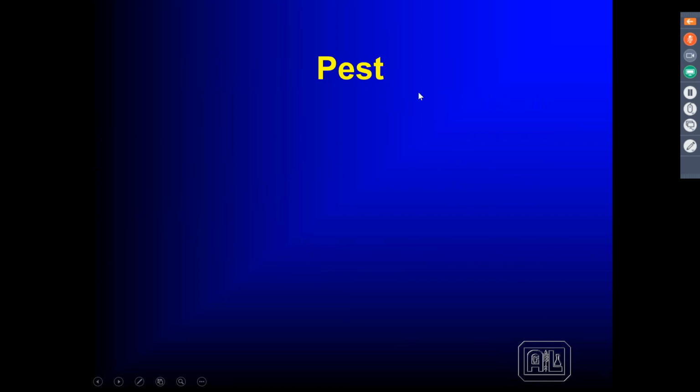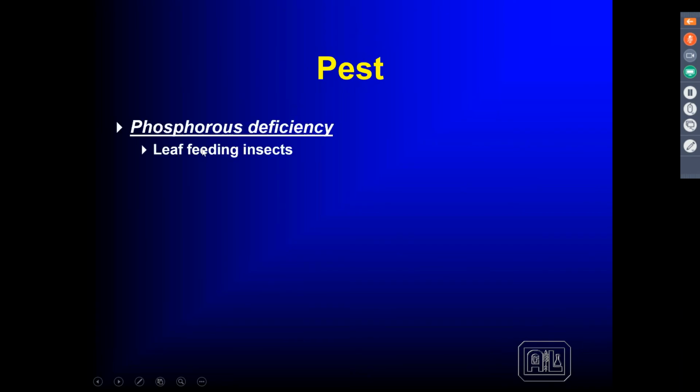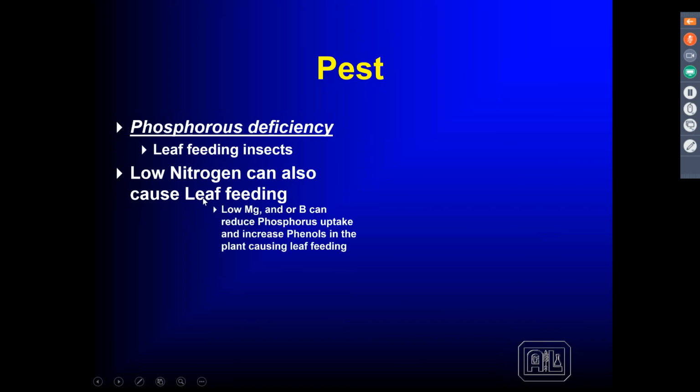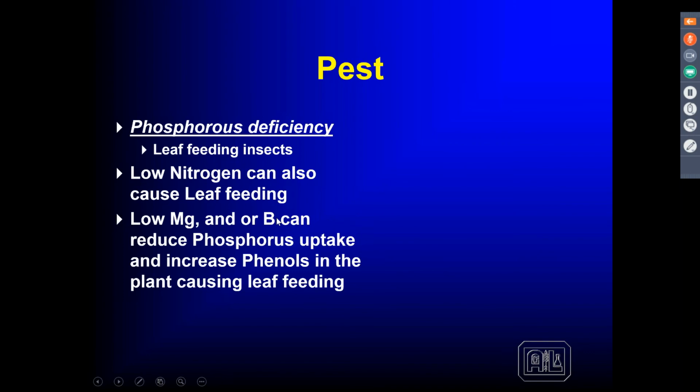So I said that it attracts insects and disease. I showed you that melon plant earlier with the feeding on the flower. When we see any insect that's actually chewing on leaf or flower material, we know it's a phosphorus-related deficiency. And that phosphorus deficiency could come from low nitrogen availability that reduces phosphate uptake. It could be because of low magnesium, as we talked about, or boron, or phosphorus itself, where we get this